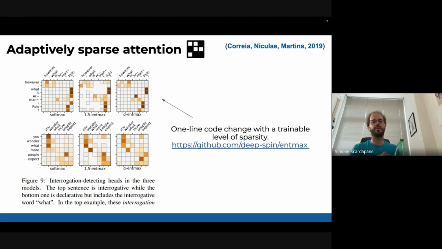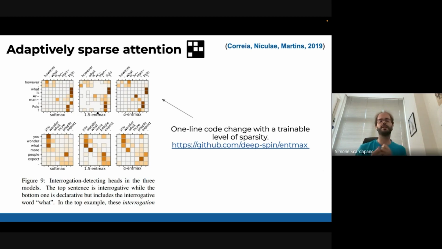For example, this is a paper from 2019, where they replaced the softmax in the attention with basically a very simple variation of what we did show before. It's not Gumbel-Softmax, but it's called an entmax. It's really similar. What is interesting is that this is a one-line code change. You can take any attention implementation, remove the softmax, add this entmax as a plugin change, and you get a sparse matrix automatically, a dynamic sparse matrix. So it will give you sparsity depending on the tokens.